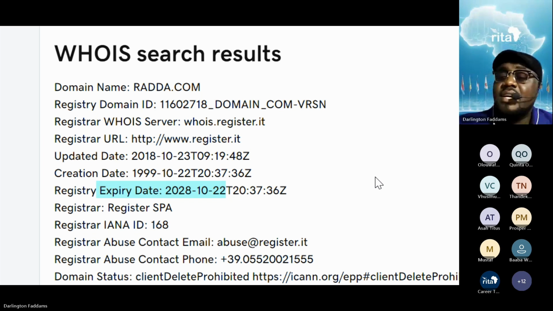So the least you can do is 1 year. And I'm not saying go and pay 10 years in advance. No, just take it easy. Register 1 year for now. Next year, you can renew. When the business takes off, you can add more years or whatever you want to do, just do.